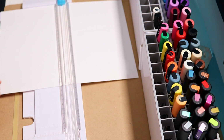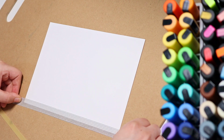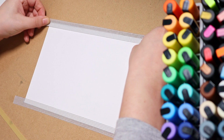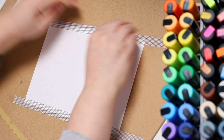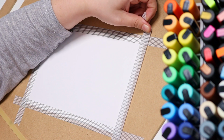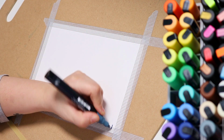Now this wouldn't be a scribble fix video if I didn't make some art, so today I am making an artwork as well, surprise surprise, and I decided I wanted to get out some paper. This is a bit of Bristol board actually, Strathmore brand, and I'm going in and making a drawing with Posca pens. Do I call them a drawing or a painting? I'm still